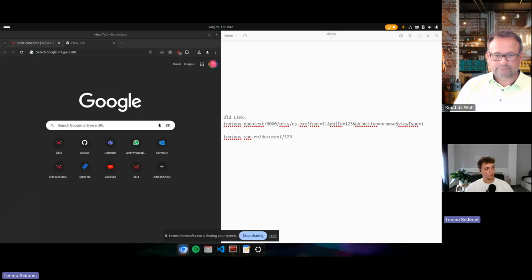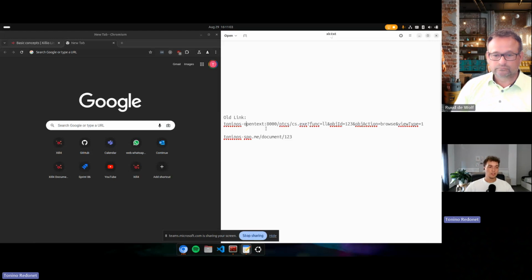I will put this to the side and then open my screen. I do not have any slides prepared, but I intend to just show the thing in action. I have some demo links on the right, and this is just a notepad of my browser on the left. My screen is visible to everyone, right? I see a browser on the left and a notepad on the right. Yeah. All right. Awesome.